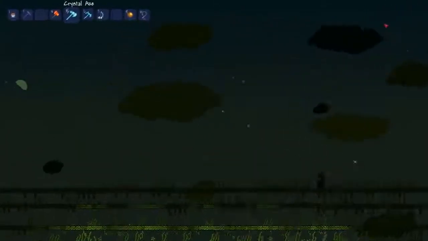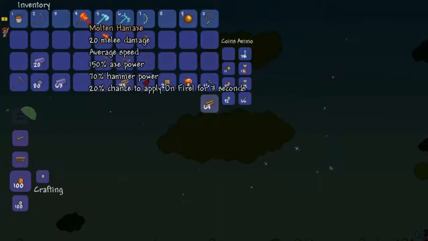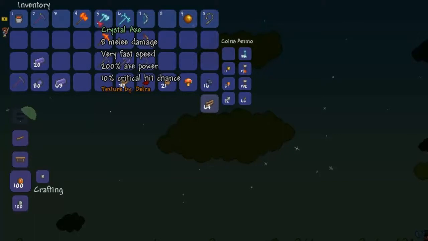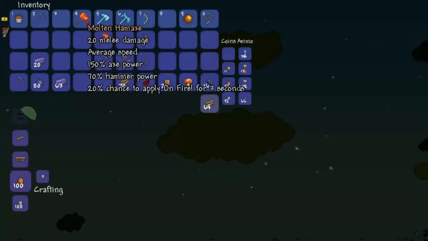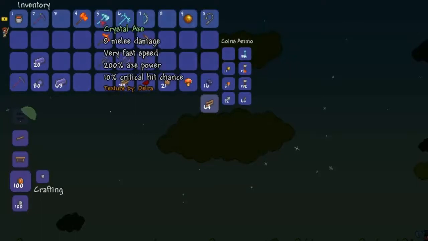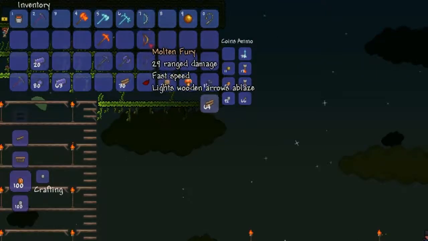The downside is that the crystal axe, as I've already said, does less damage, but also is only an axe. It is not a ham axe like the other endgame items like the molten and the meteor. So you're going to have to carry around a hammer with you as well, if you intend to get things like heart crystals. Finally we have the crystal bow, which in my regard is much better than the molten fury